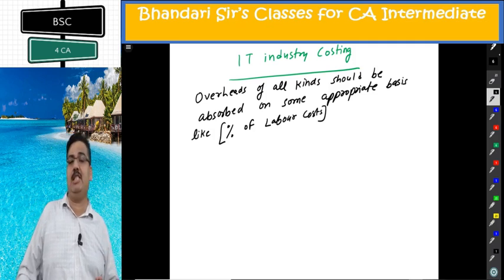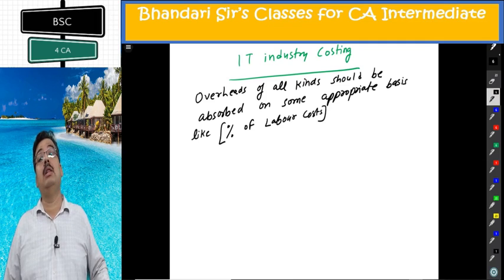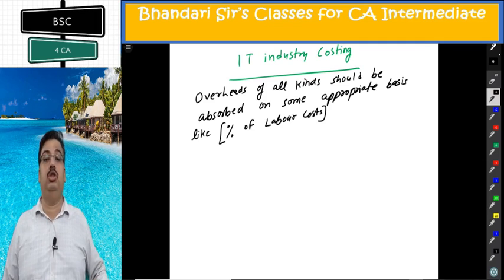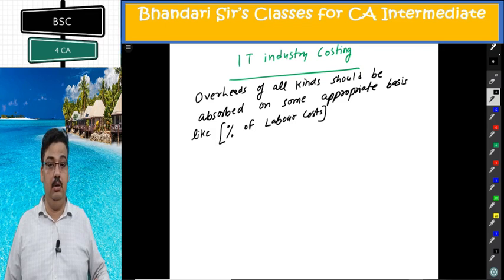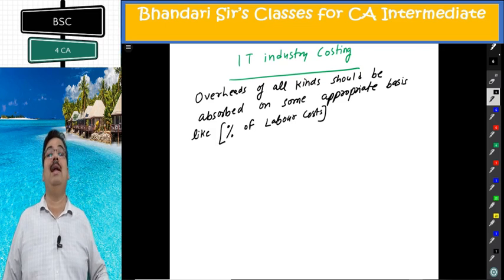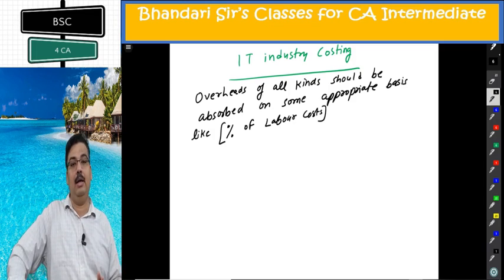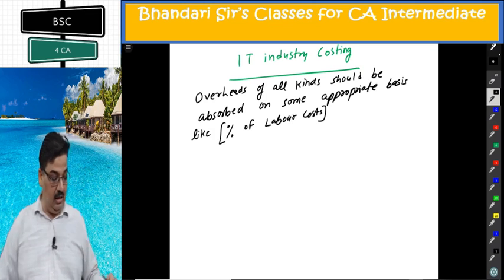There can be some specific overheads on a project, they will surely be charged to that project. But other general overhead cost, administrative cost, corporate cost, should be charged on the basis of an absorption rate. And the best absorption rate is a percentage of all the direct labor cost involved. For the company as a whole, we can calculate one absorption rate which you can apply on each project you are undertaking. There is only one question available on this in your institute module, that is illustration number 9.